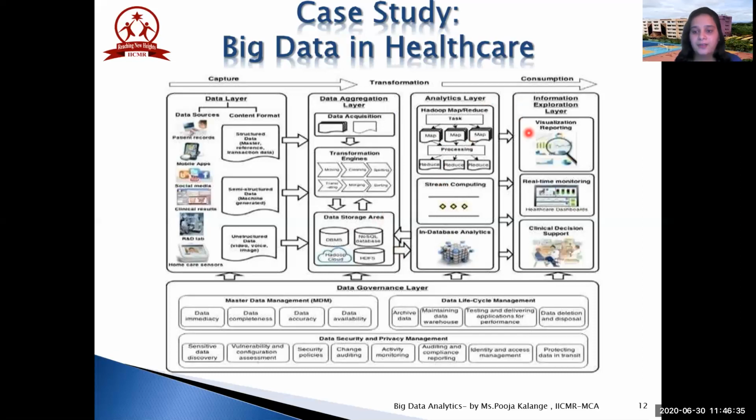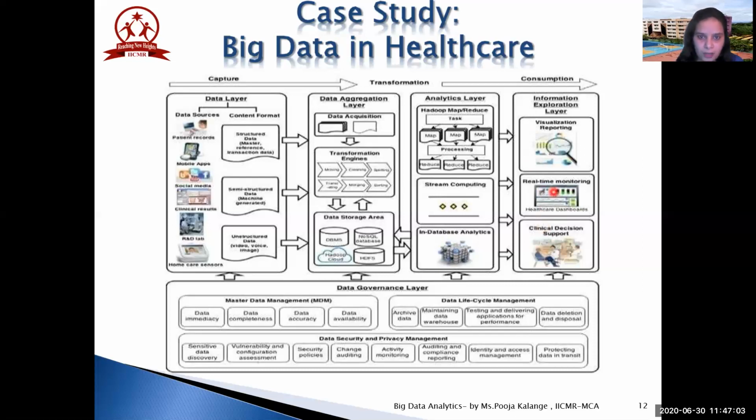In this case, there will be visualization and reporting, where you can visualize the records of the patients. Whatever irrelevant records were there have already been deleted in the data aggregation layer. Whatever was needed has been extracted. No redundant, noisy or any other unwanted data is taken into consideration. So this will help you in real-time monitoring, giving you the real-time statistics of the healthcare dashboards. And finally, this will help you in decision support, that will be your clinical decision support.